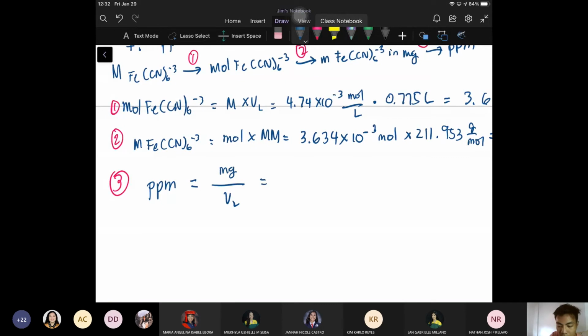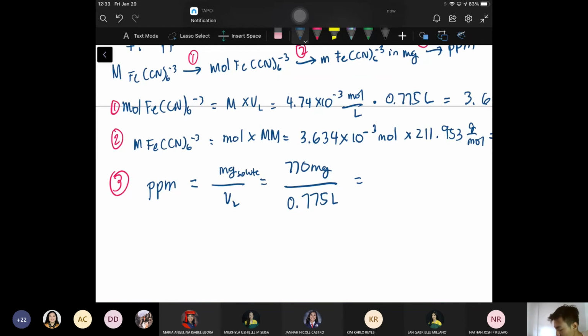So, ano yung milligram ng solute natin? So, that's 770 milligrams. Ano yung volume in liter ng ating solution? 0.775 liters. You divide the two numbers. Dividing the two numbers, we get